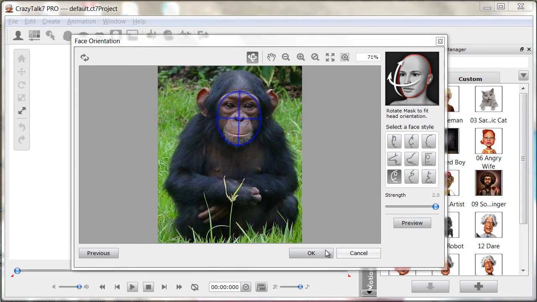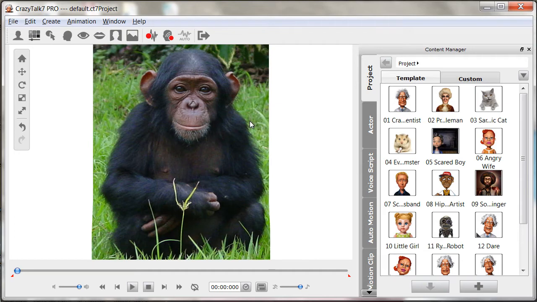So again, I'm happy now. I'm going to click OK, and there's my image has been put into there. Now all I really need to do in the first instance is probably get rid of the background here, because I don't like the grass in there. I just want to have the person itself. So what I'm going to do is use this feature here which is called mask editing. So I'm going to click on mask editing,